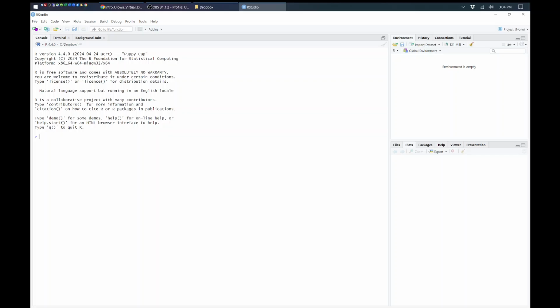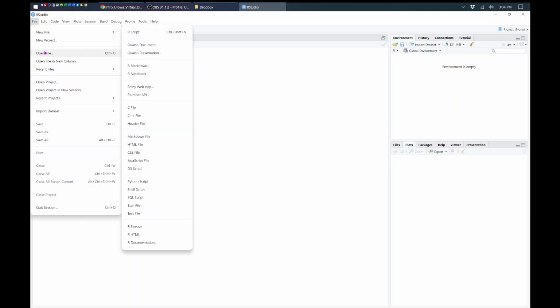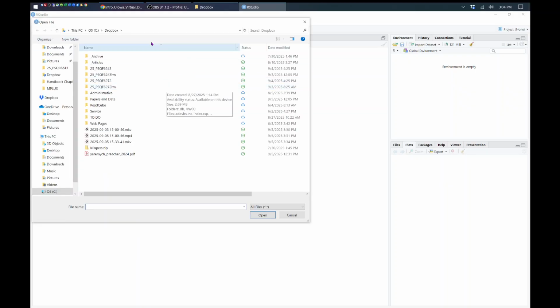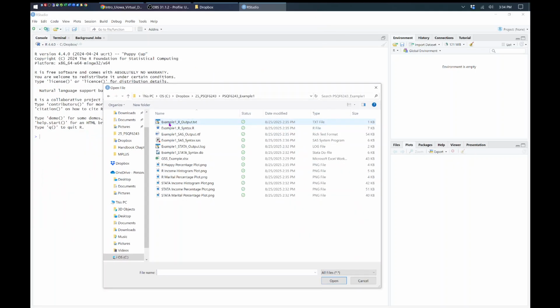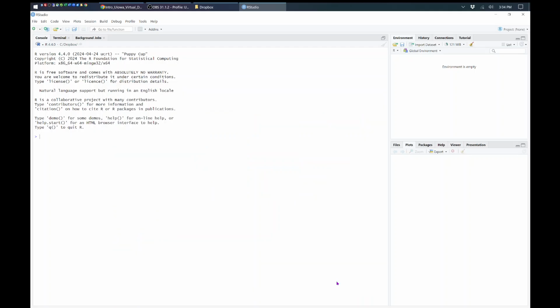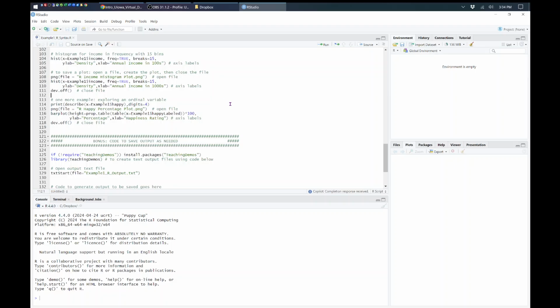This is something you can customize as well, but we're going to start by opening the syntax file that goes with example 1. All right, so let's go into that. I'm looking for the .r file of these, so .r are syntax files. And here we go. So now I have a new window